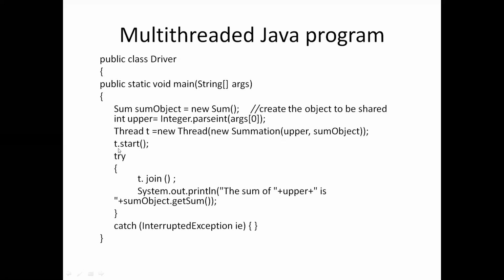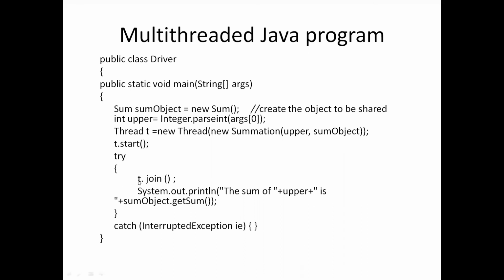After this, the next statement we have is the T dot start method. By using the T dot start method, the thread creation will start. When you create the object, the thread will not start. The thread will get created only when you call this T dot start method. Here we are creating the thread. The control will go to sum and execute the logic, and the value will be set by using the set sum method.